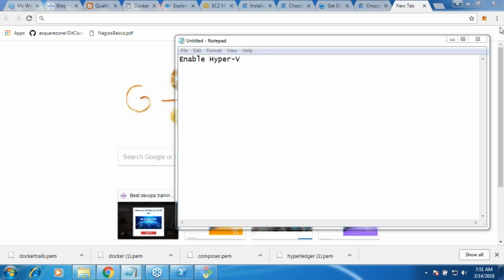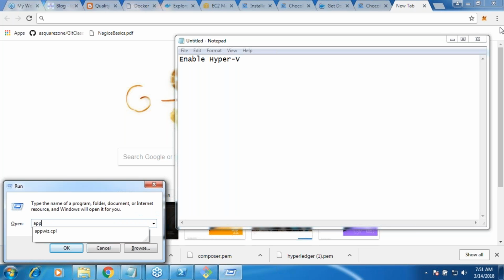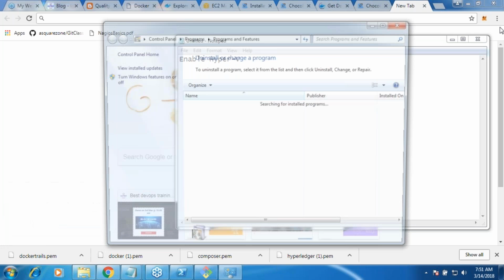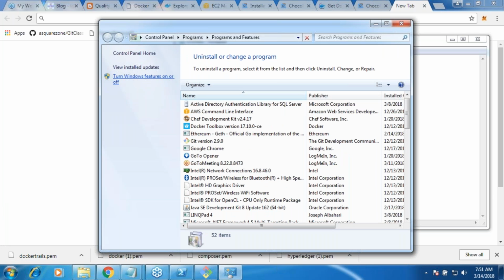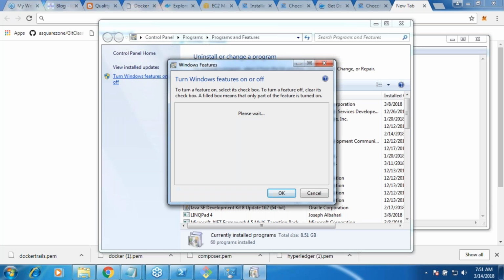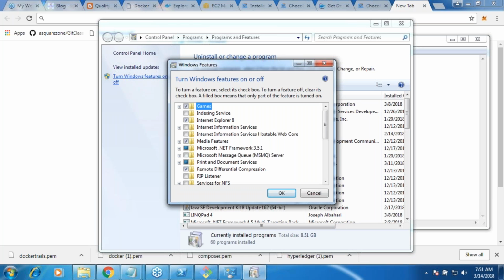Fine. So for the people who have Windows 10, first enable Hyper-V. Enabling Hyper-V is very simple. We know the control panel, everyone goes and uninstalls the software, right? You have to go to the same page. You will be seeing this option, turn Windows features on and off. If you do this on Windows 10 Professional Edition, you would be seeing a feature called Hyper-V. If it is not selected, please select it.